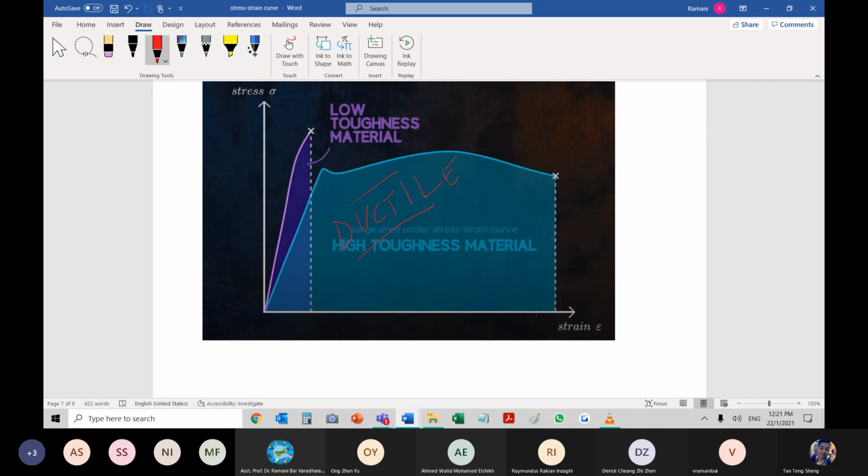Coming to brittle, our good old concrete and glass, slate, what else? All this material will behave like this. This is the curve. The purple color curve is the behavior shown by low toughness or brittle material. Okay, brittle. It will break. It cannot bear after this. Once it reaches the plastic limit, broken already. It has no ductility or flexible behavior.